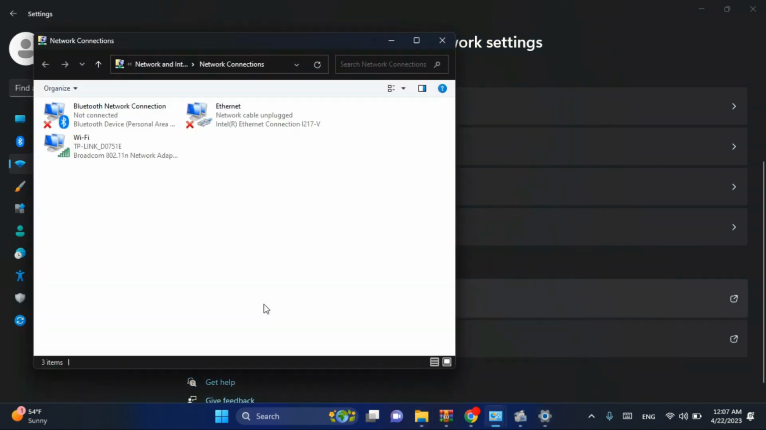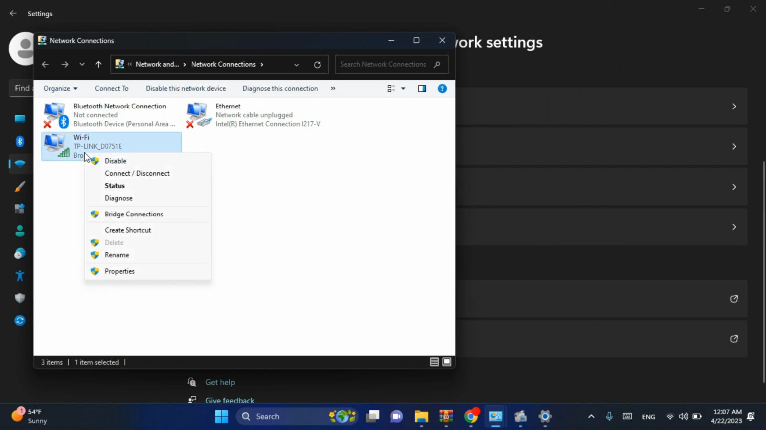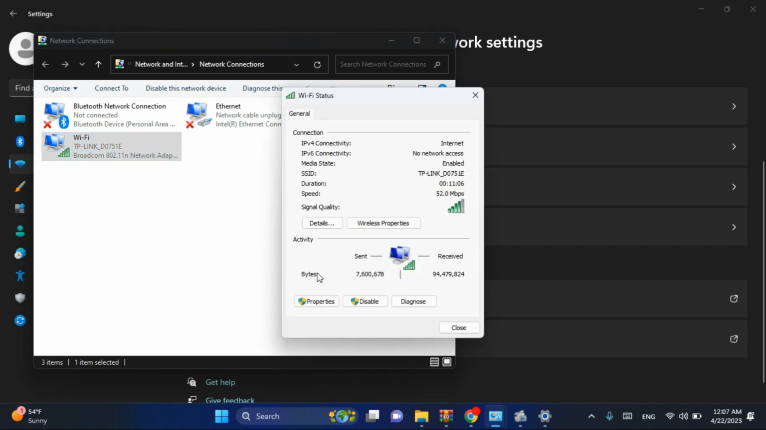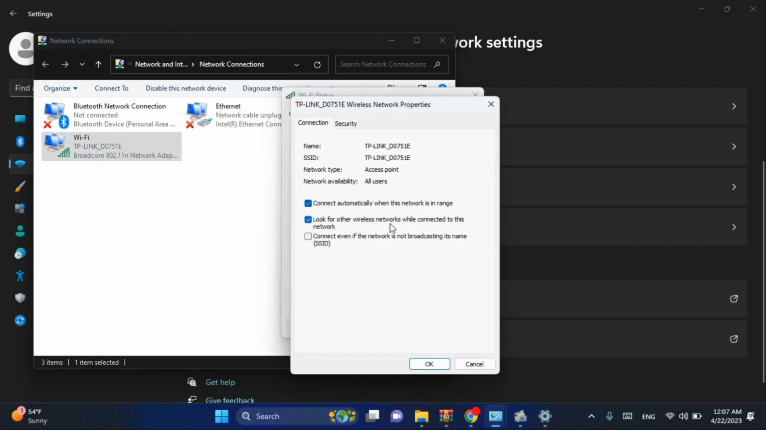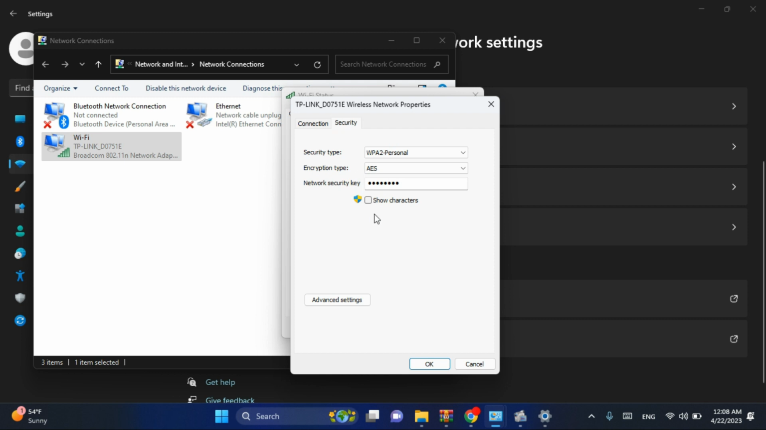In this window, go and right-click on this icon and click on this status. Wireless Properties, then go and click on Security. Then check this square, Show Characters. So the password of this network or wireless is MeHasis